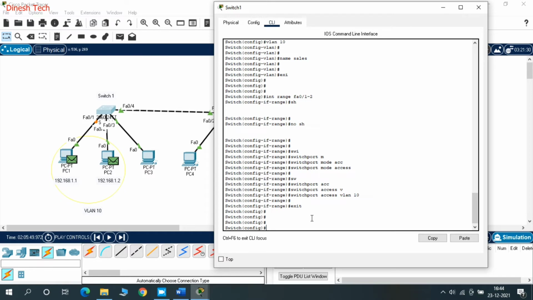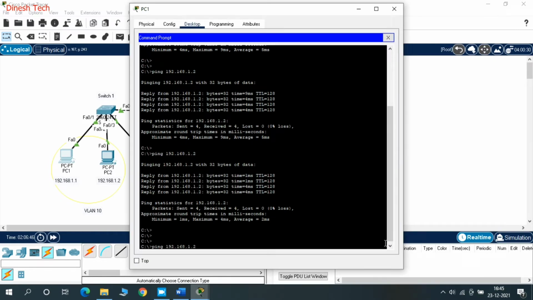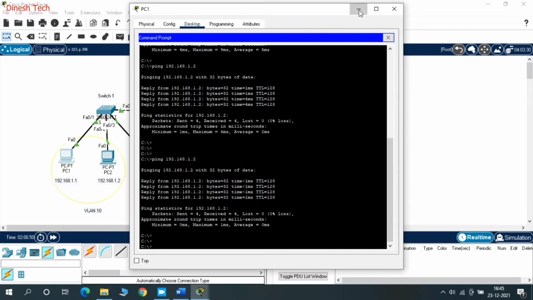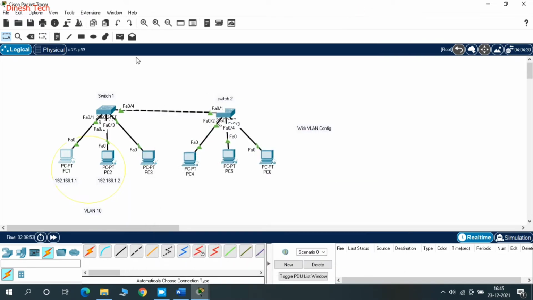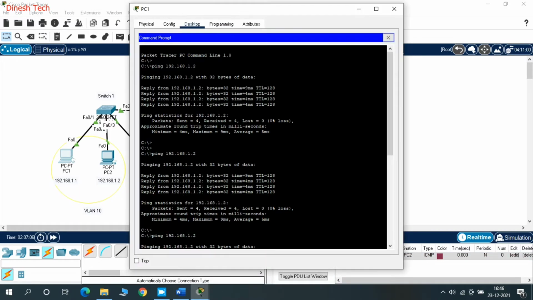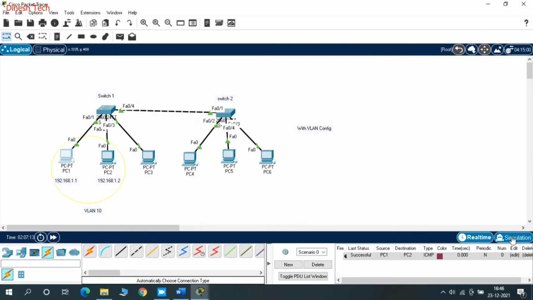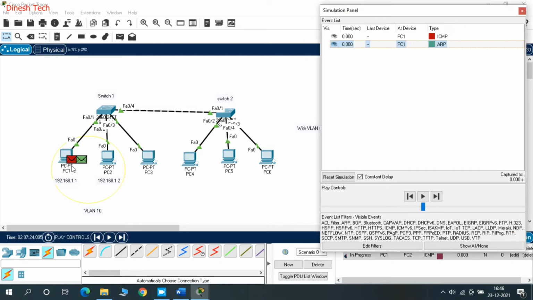Okay, now we'll try to ping from PC1 to PC2 to check reachability. Yes, I'm able to ping from PC1 to PC2. So now we'll do the packet capture from PC1 to PC2. Just click the simple PDU and place it on PC1 and PC2. You can see the PDU is generated here. Then we need to see the ARP, right? So just edit the IP and we'll get the ARP packet. Just click on simulation on the right hand side. You can see PC1 has generated two packets, ICMP and ARP.